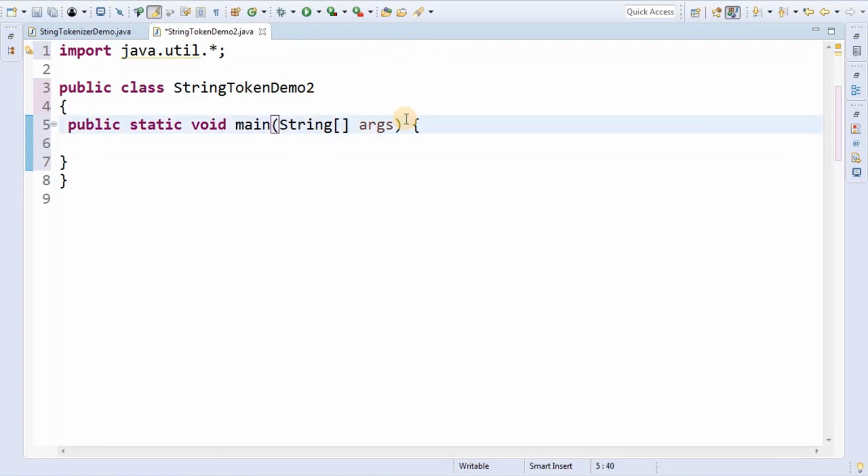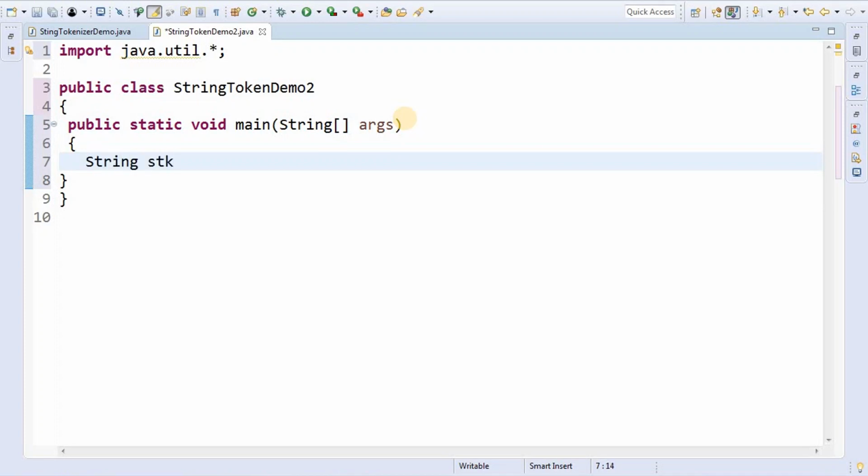In this main method we have to take a string, that is String str equals to, I am giving email IDs like info@gmail.com. This is one token. Separator is the semicolon I am using.